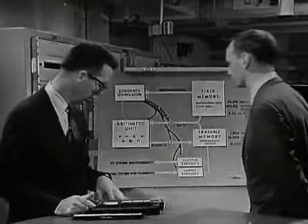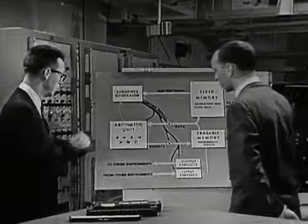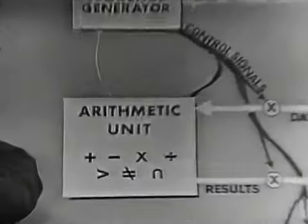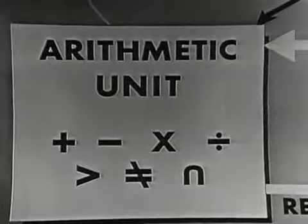If we look over here, I can show you more about how the computer operates. The adding machine of this computer is a high-speed arithmetic unit which carries out the fundamental arithmetic processes. All of the